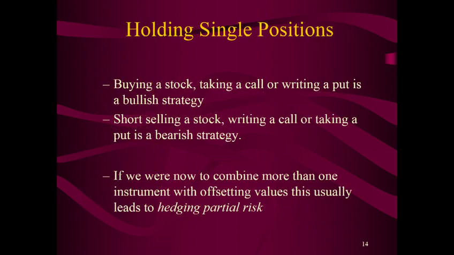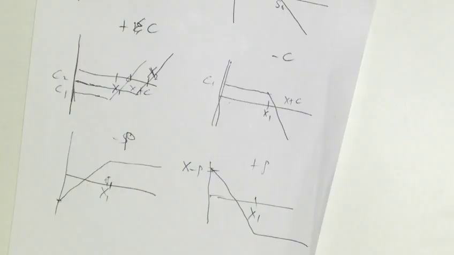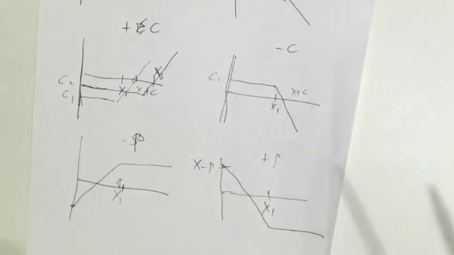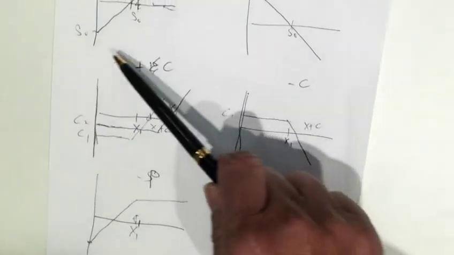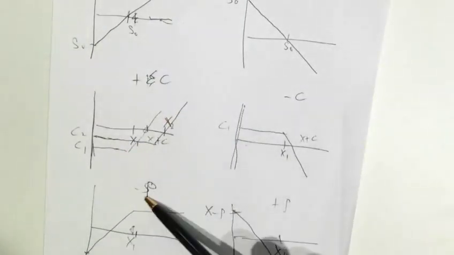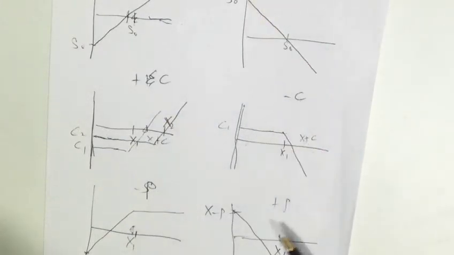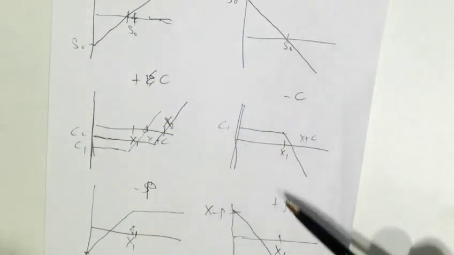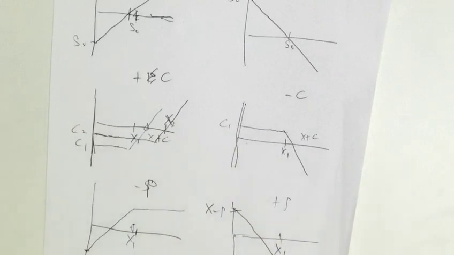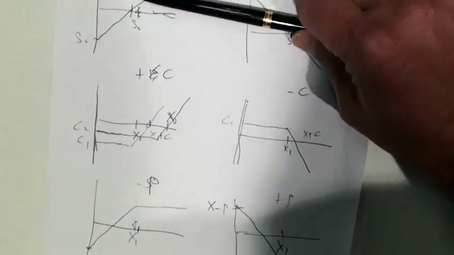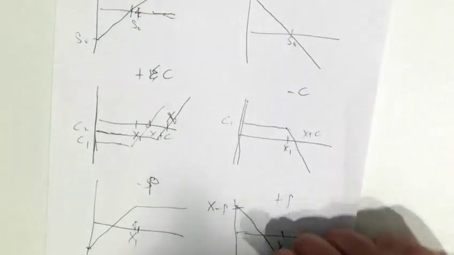Okay, so go long a stock, take a call, or writing a put are all bullish strategy. Now, if you look at the diagram I drew for you, you find that on the left-hand side is all upward sloping, right? So these are all bullish strategies. On the right-hand side, they are all downward sloping. So long stock, long call, short put are all bullish strategies. Short stock, short call, long put are all bearish strategies. Okay, so bear this in mind. Not just in terms of how to draw the diagram, also which are bullish, which are bearish,